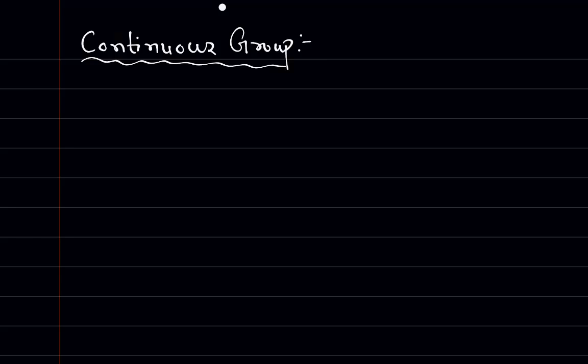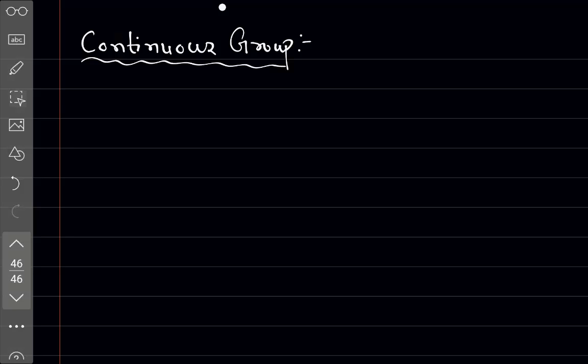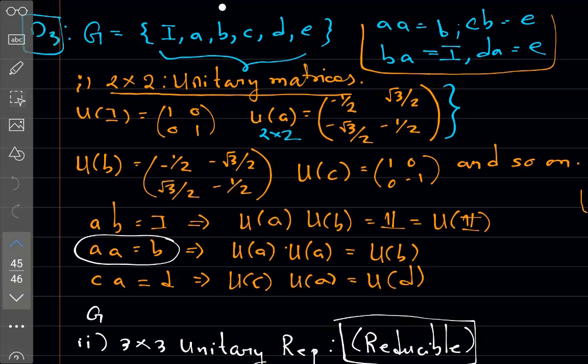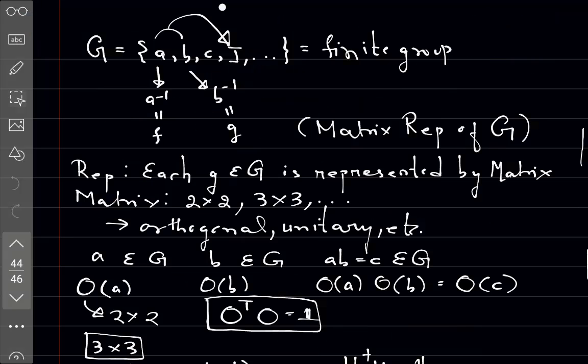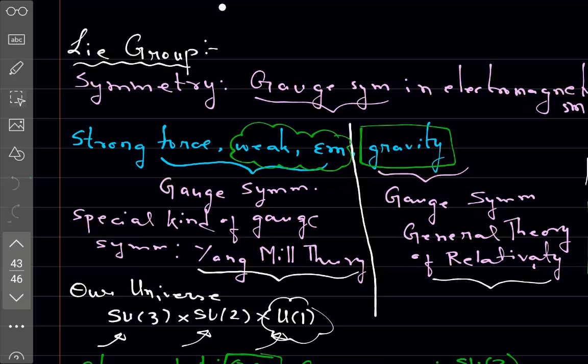Okay. So you said that we have 4 forces in our universe, and among these 4 forces, these 3 forces, strong, weak, and electromagnetic, they have some kind of group, right? I mean, they are associated with some group, and for gravity also we have some group, right? Because they also have some gauge symmetry. But can you say what kind of group they have? I mean, in case of strong force, we have SU3, like that.